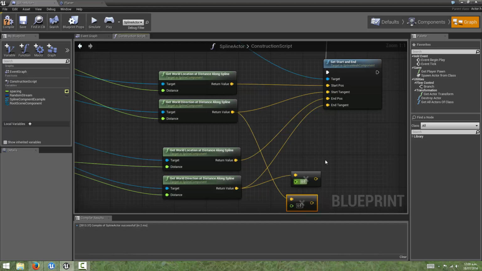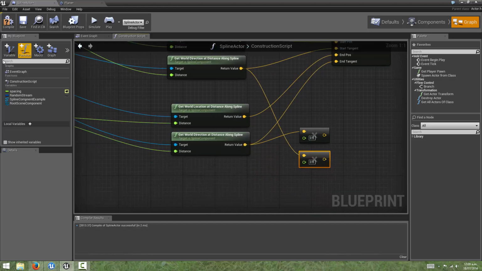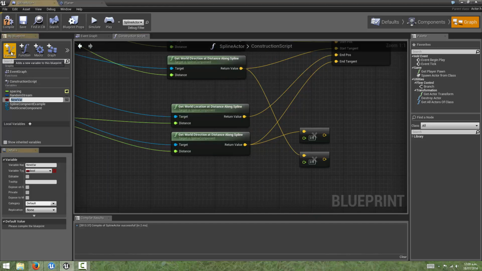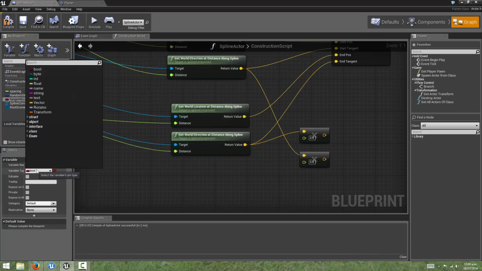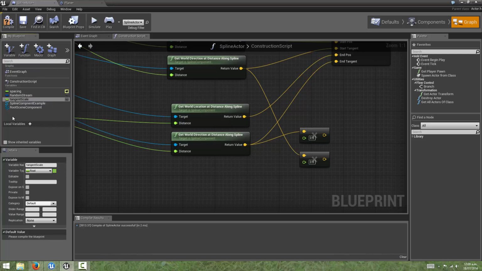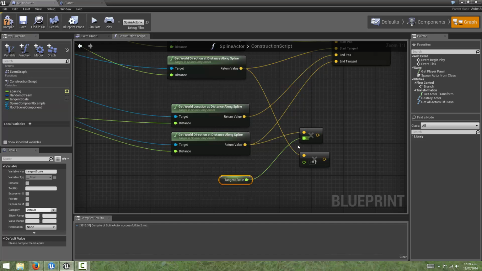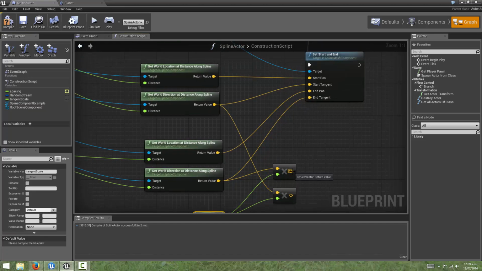I'm going to get this tangent here, and I'm going to create a new variable called tangent scale, make that a float, and get a reference to this in our graph. If I connect that up to these 2 multiplication nodes